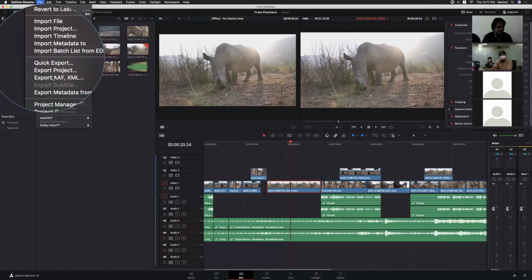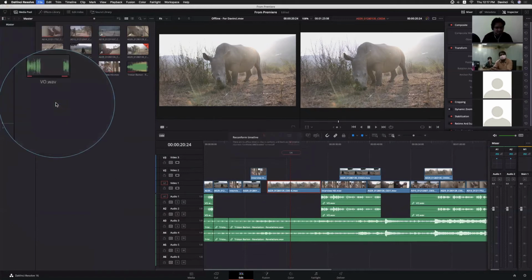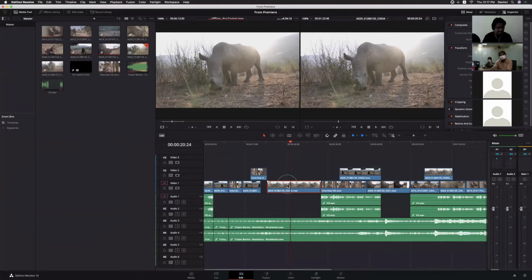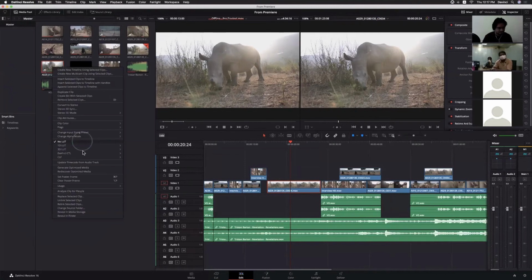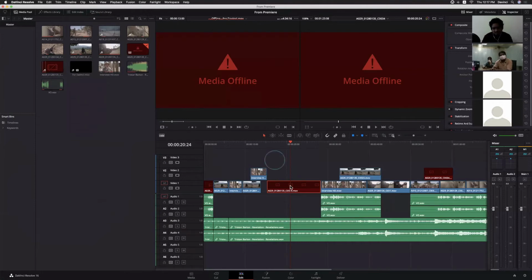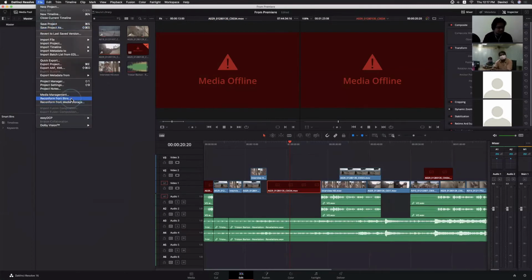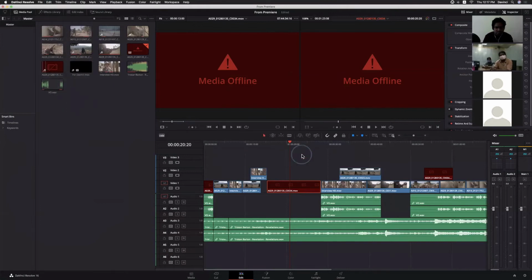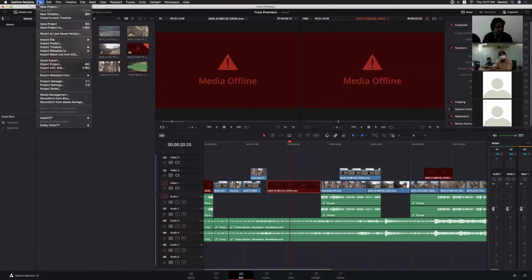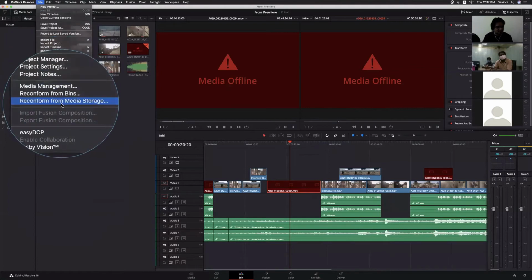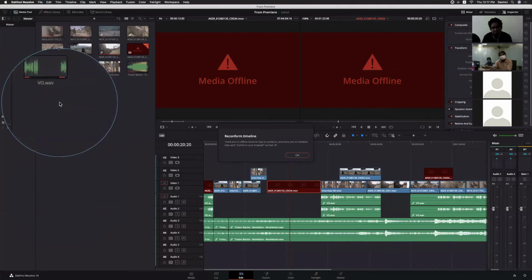In File, you need to use the media storage option, and same thing. Okay, let me see. What do I need to do? Okay, I will do one thing.